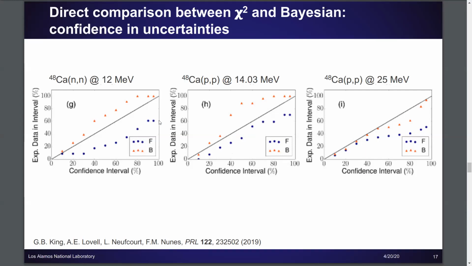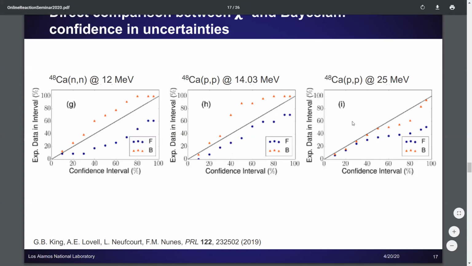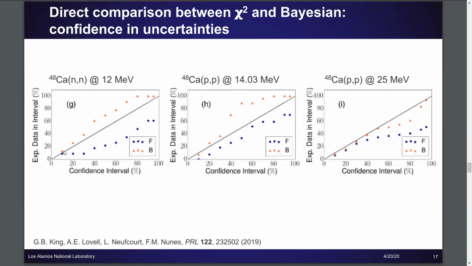So essentially our confidence intervals are too small and unrealistically small. The Bayesian, on the other hand, falls for the most part, besides maybe this last case, above the line. So although our uncertainties are a little wider than we would maybe ideally expect, we're at least being too conservative with the uncertainties, as opposed to